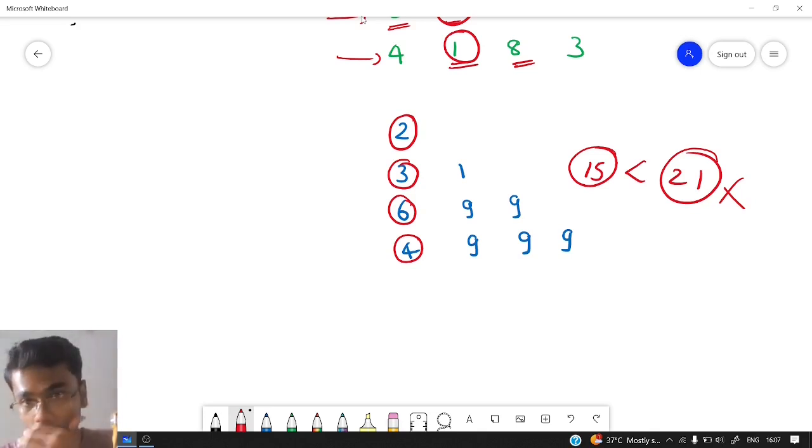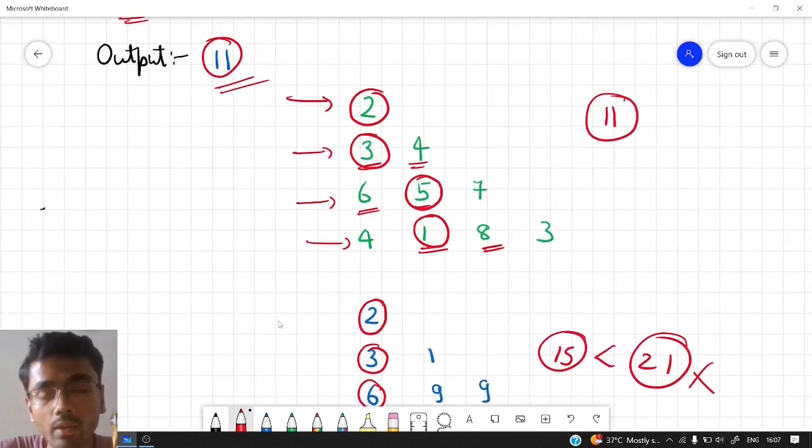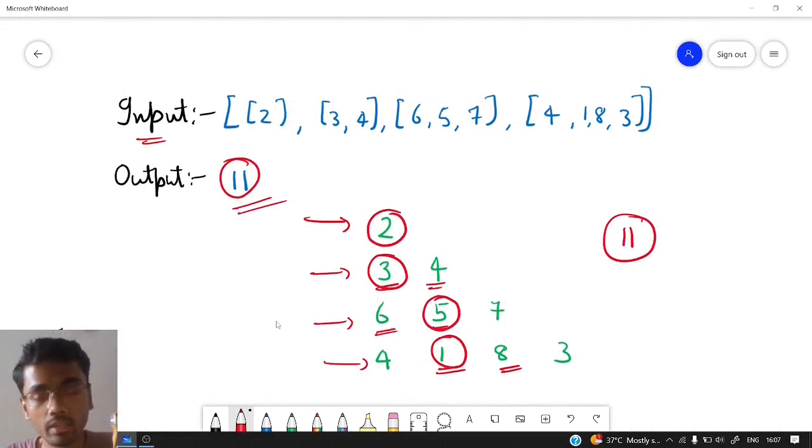So what can we do now? You can see that in this question we tried out the greedy way, and the greedy way fails. Now we have two options to explore. Since greedy is failing, can we try out all possible ways?